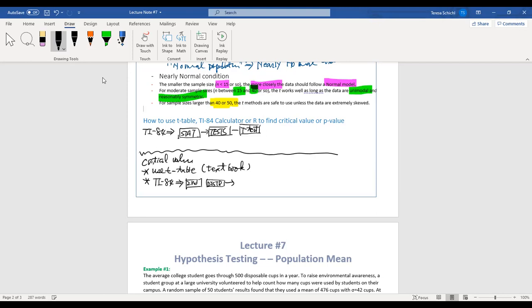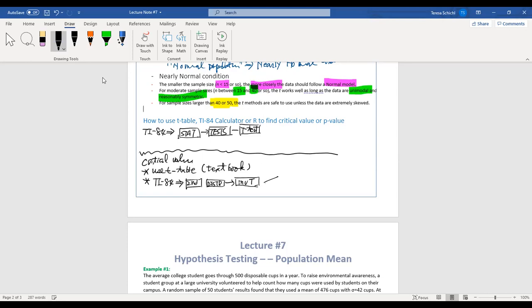After you find DISTR, you go down and find inverse t. Then you input your area. Be very careful, like we talked about with the area. When you input the area, if it's a one-sided test, then your area will be the significance level. If it's a two-sided test, then the area